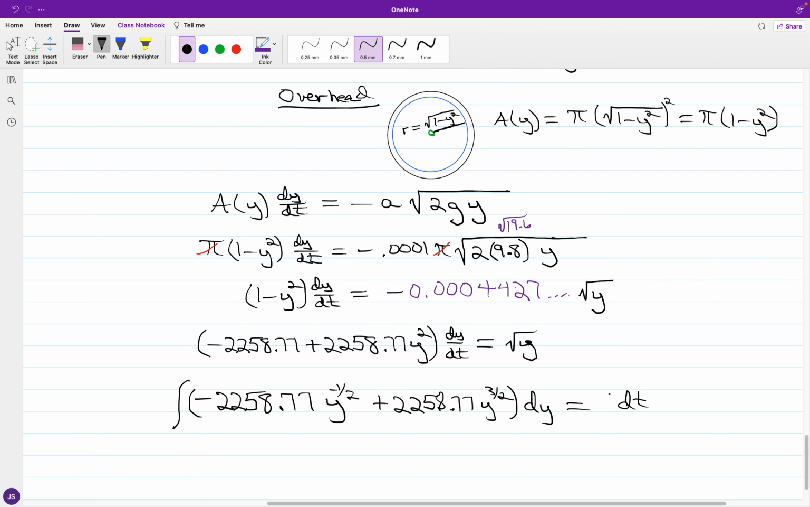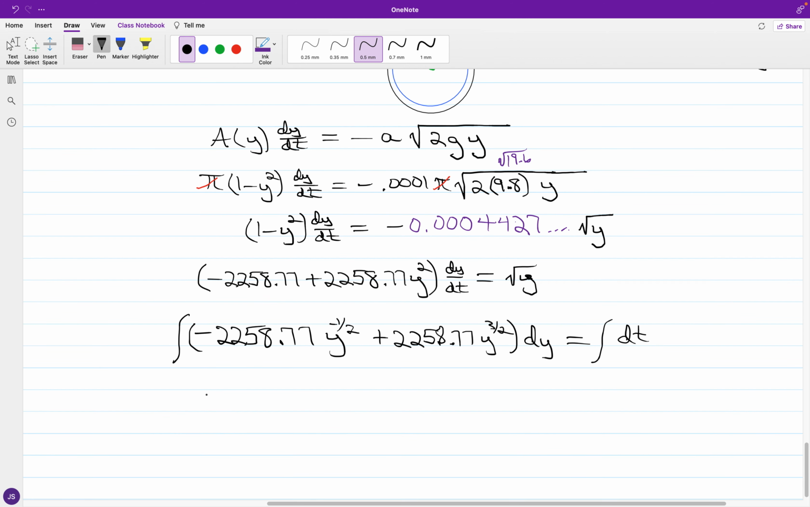And integrating over both sides. For the antiderivatives, we're going to double the first coefficient. So you have minus 4517.54 times the square root of y, or times y to the 1/2. And we have 2258.77. If I take 2/5 of this and round to the nearest 2 decimal places, we have 903.51 times y to the 5/2, and that is equal to t